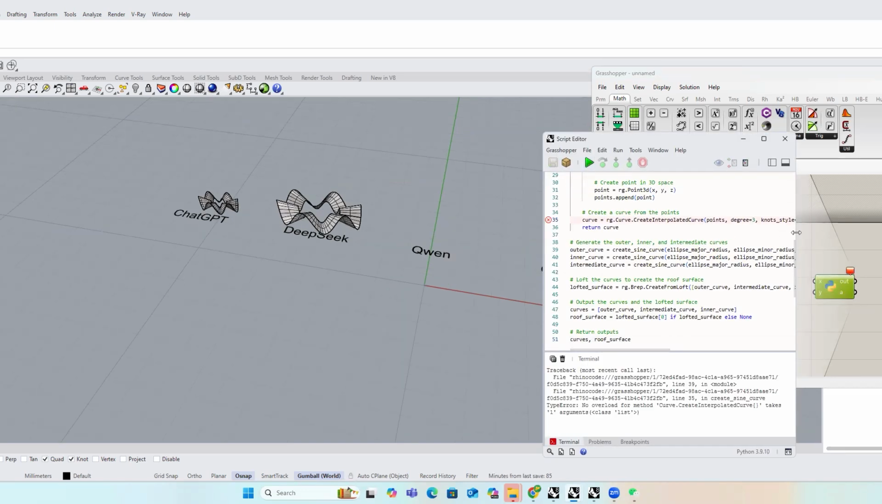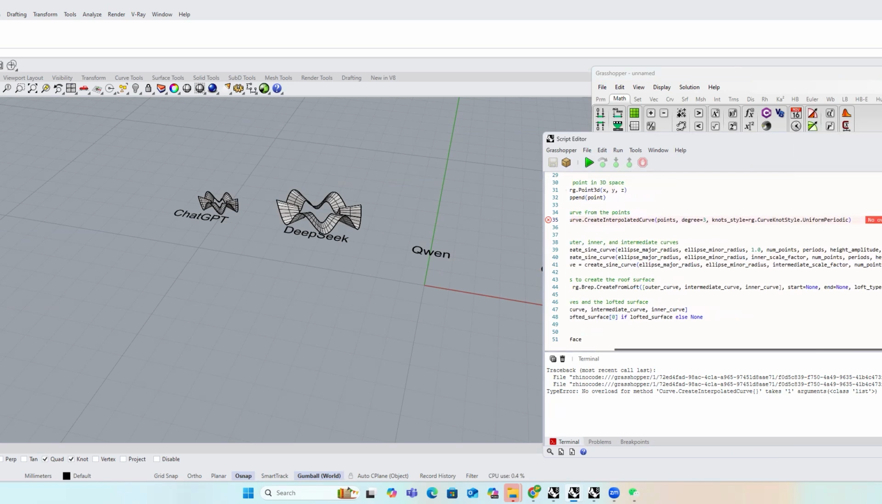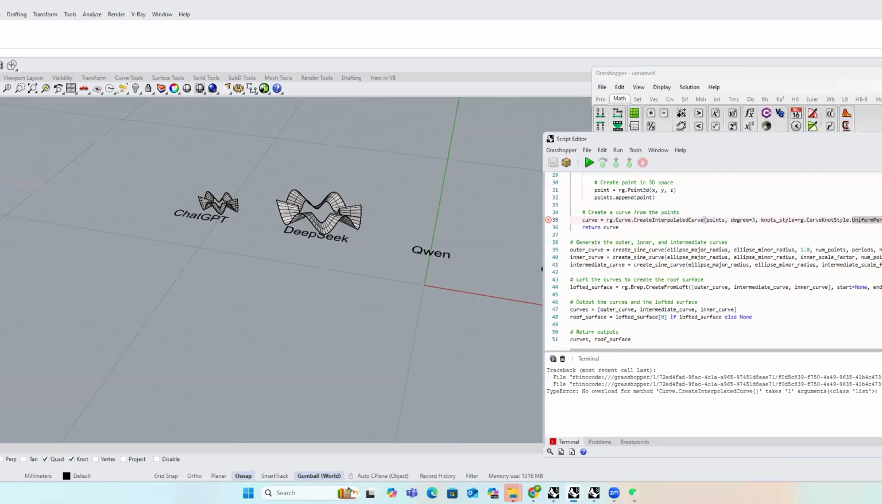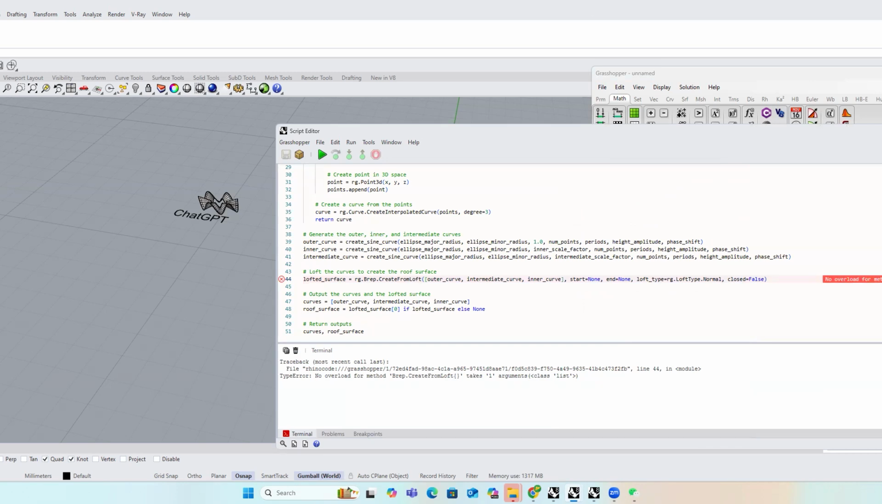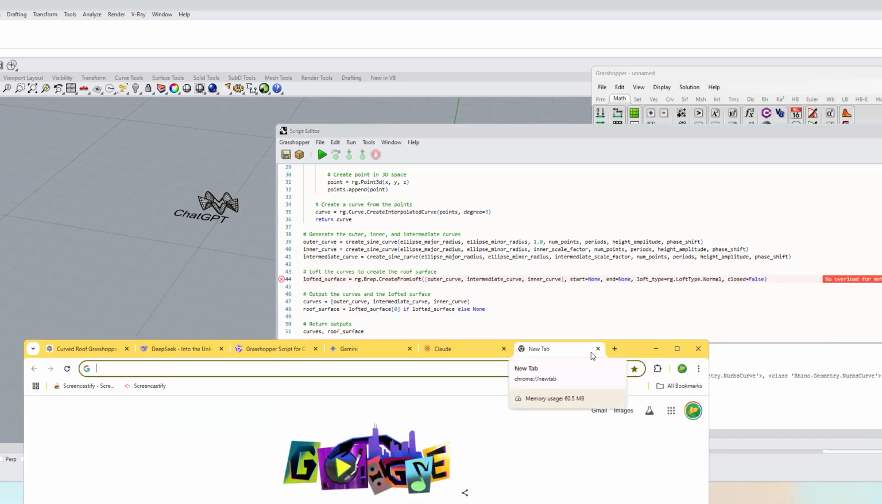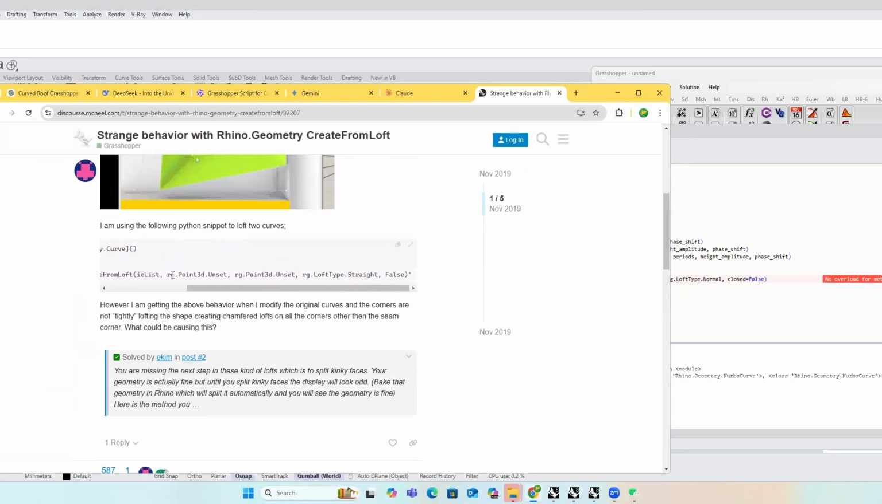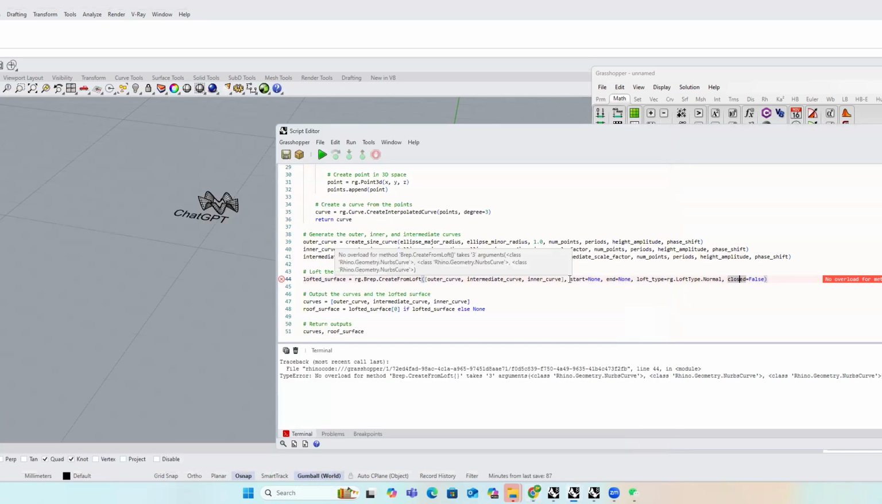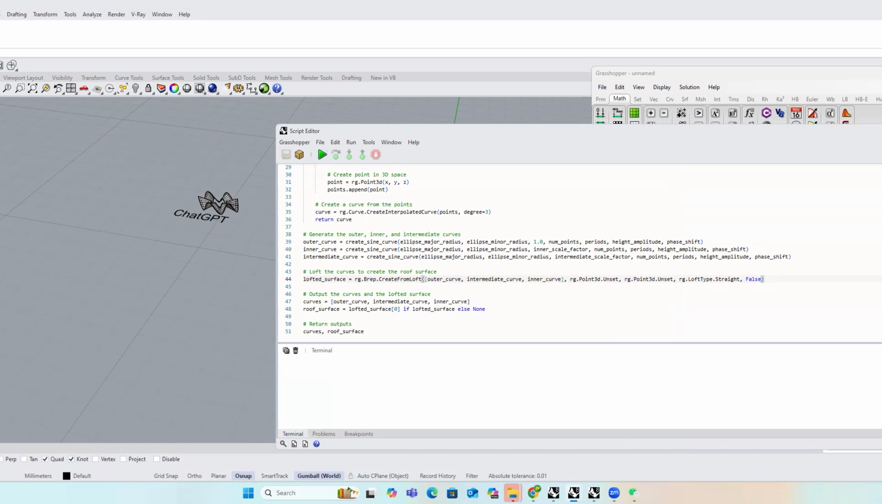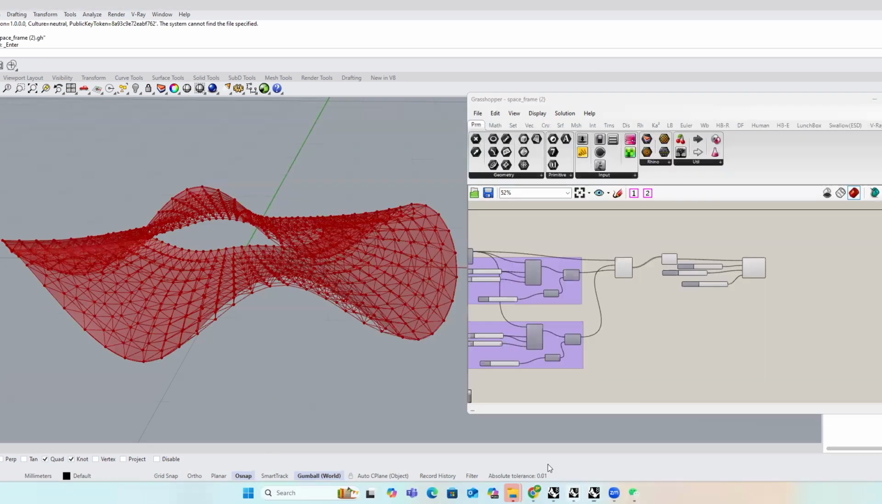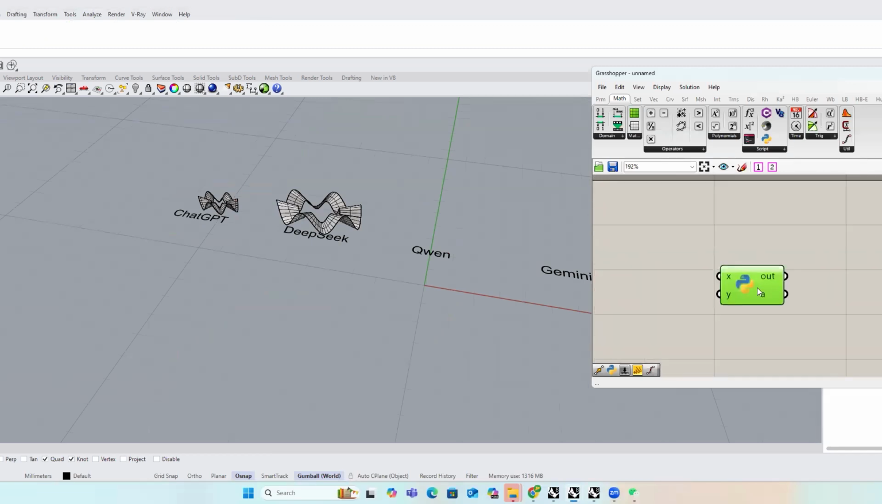Run it. It says no overload for method Curve.CreateInterpolatedCurve. I think there is some sort of bug here. Let me see if I can get rid of it very quickly. So this part also has no overload for method Brep.CreateFromLoft. Let's check this real quick. Okay, so it's this part that has a problem. See if it works now. Not this one. That would be amazing, isn't it? So